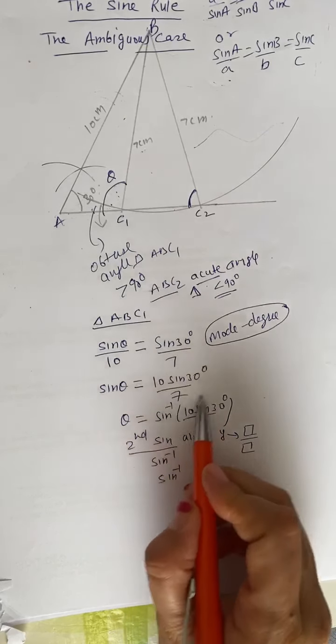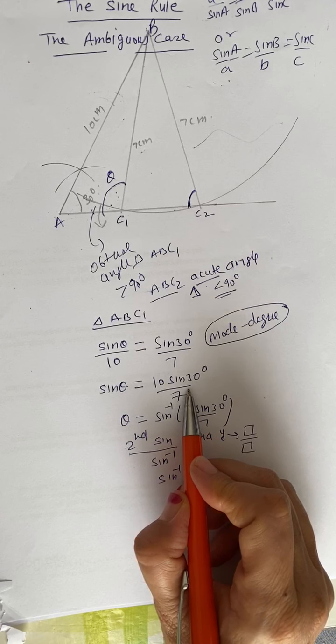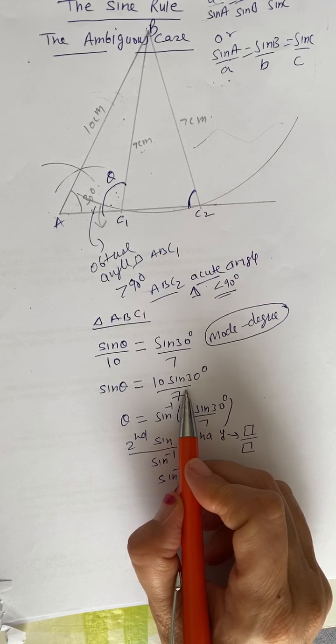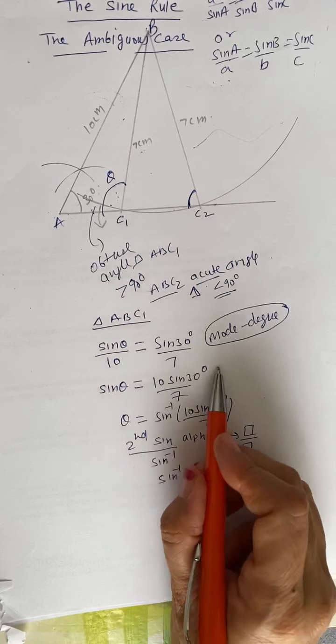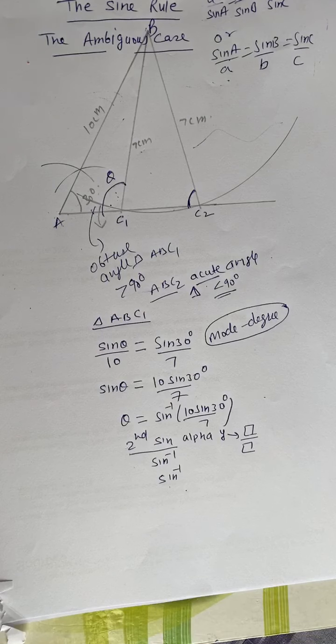Another thing which I want to tell you is that don't do this calculation. Don't find out the value of this, because in some cases you may have a value which is non-terminating, and then you might use the rounded value to find the angle theta, which might be a problem.